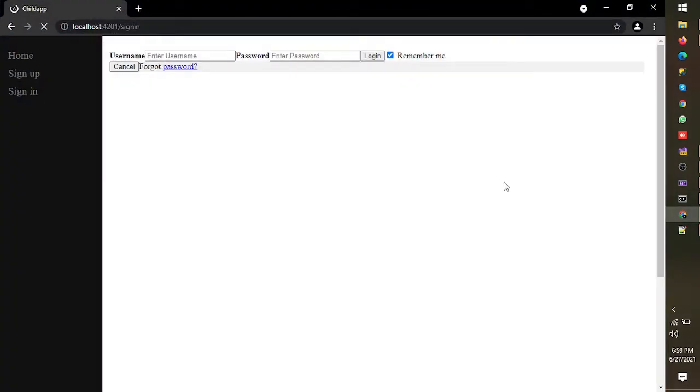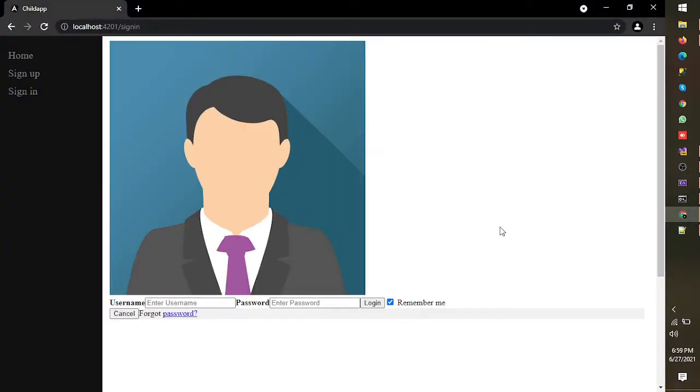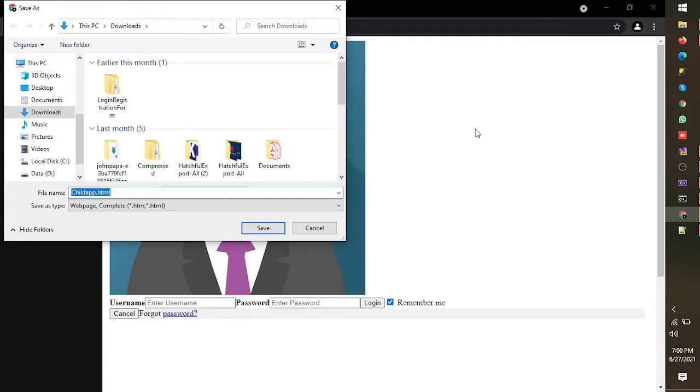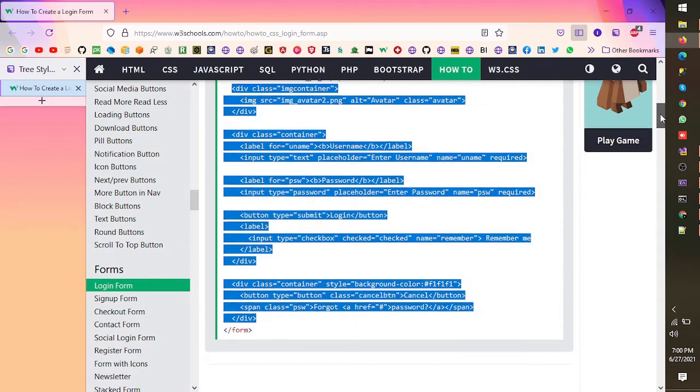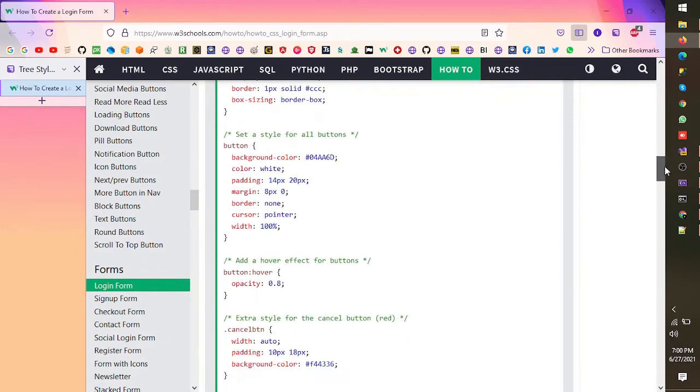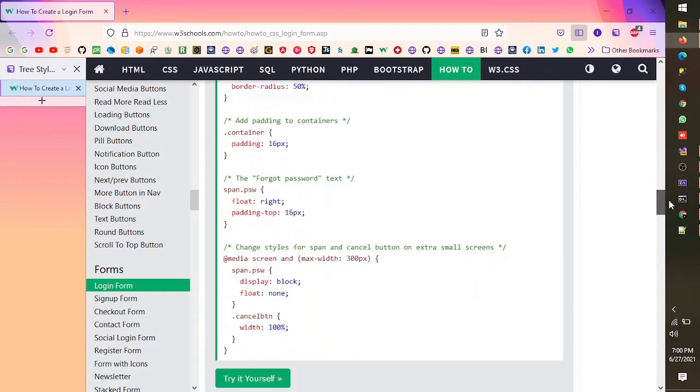And let's see how our sign in component is looking. Okay, so HTML has been copied. We would need its CSS as well. So let's copy it from here.